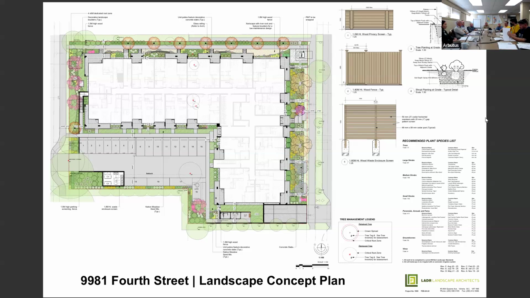But when I look at other nearby properties, I got some stats from Allison here, Sydney staff. We've got, for example, 9864 Fourth. They've got 37 units, but only 28 spaces, which works out to 0.76 per unit. And then there's 9834th. It's a mixed-use building that required 74 spaces, and only 30 were built. So there are other buildings in this neighborhood, within a few blocks, more or less, that already have fewer spaces.